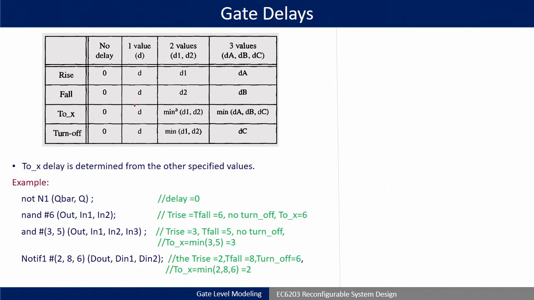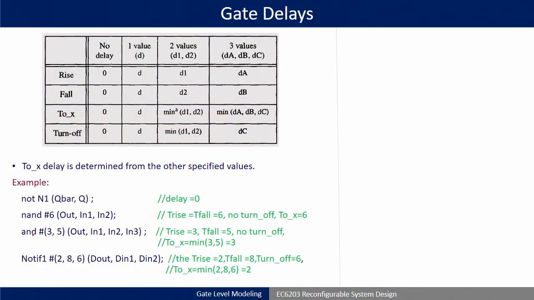Okay. So, these 2 columns are over. Then, we can also specify in the syntax 2 delays, like d1 comma d2. In that case, my rise delay will be d1, fall delay will be d2, and the transition to x delay and turn off delay will be decided depending upon the minimum of d1 and d2. Okay. So, this is how delays are modeled in Verilog. Accordingly, this will be helpful to you for doing the simulations. Delays are only there for simulation, they never create any hardware, means they are not synthesizable constructs.